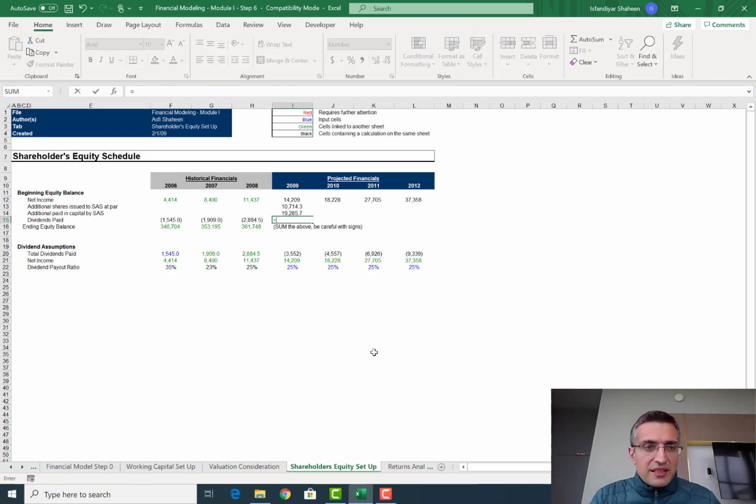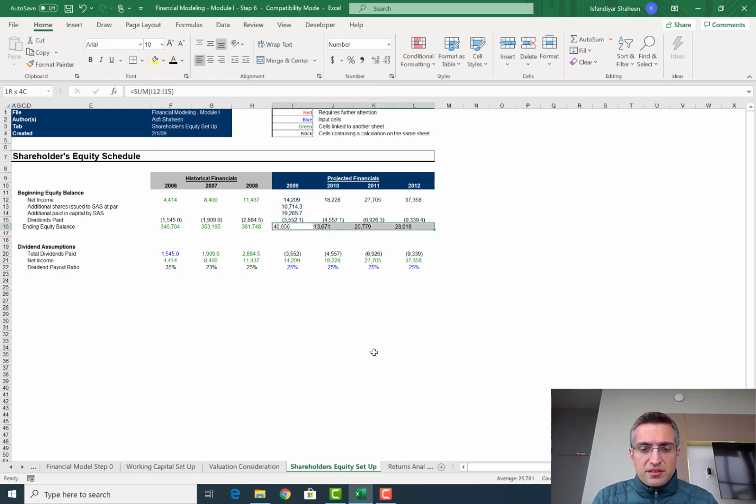So we now link dividends paid to the calculation below. Alt HAC, sum all of this above, and copy this to the right. Alt HAC, and this is our net income. This is the ending equity balance. We also need the starting equity balance,